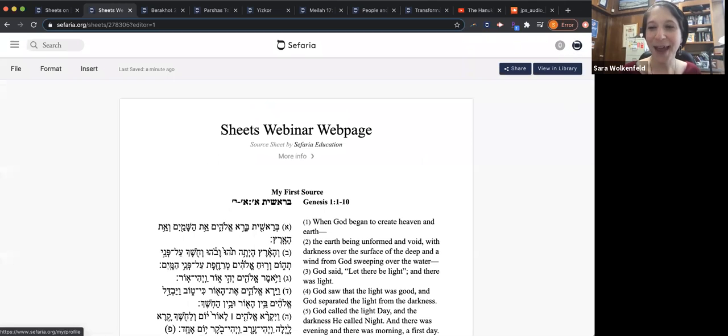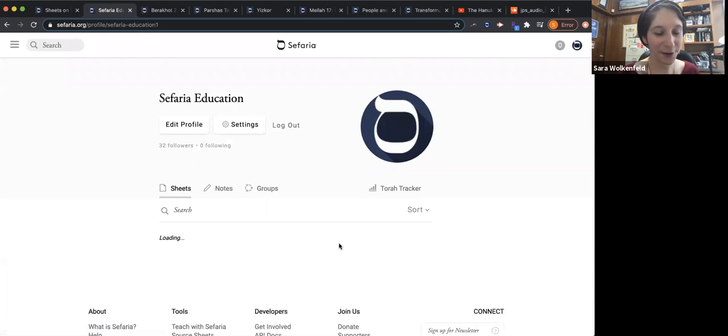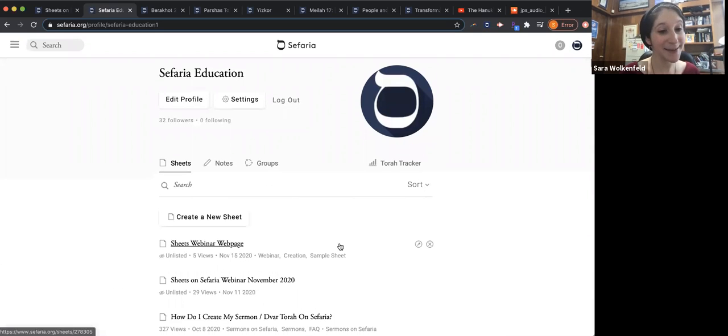You can also then click to see the sheet in your account. When you click on that little icon, you get back out to your account. This is the answer to how to find your source sheets, which I think was a question that Lauren read out to me earlier. And it's also an answer to the question of why would I want to tag my sheets for my own use?